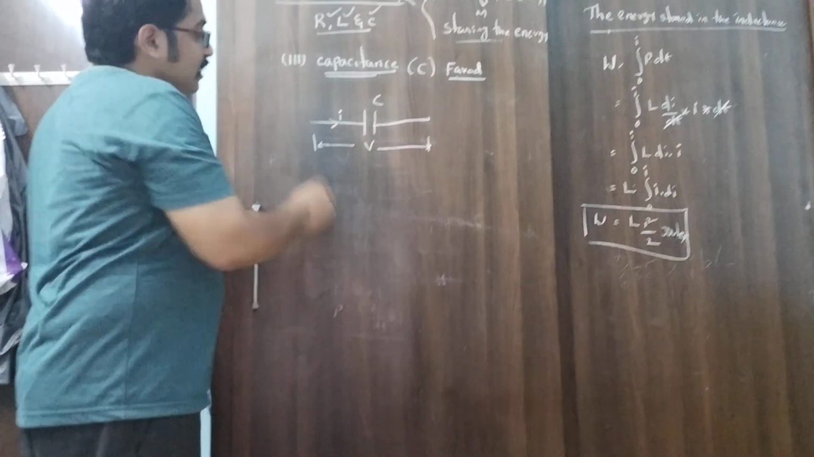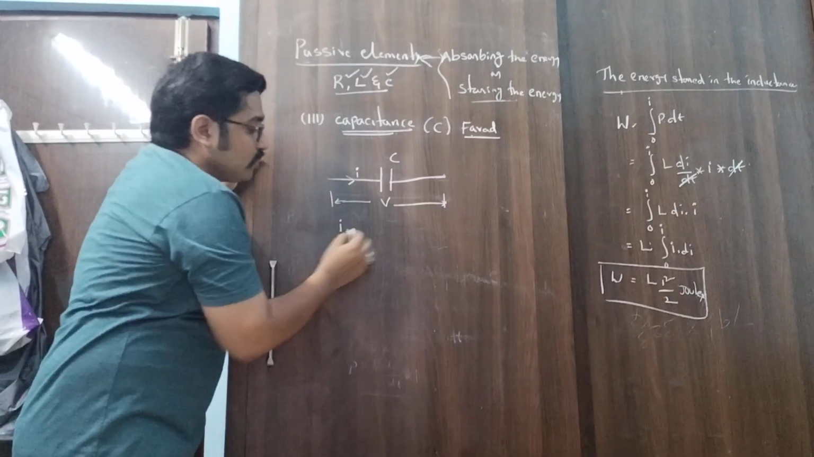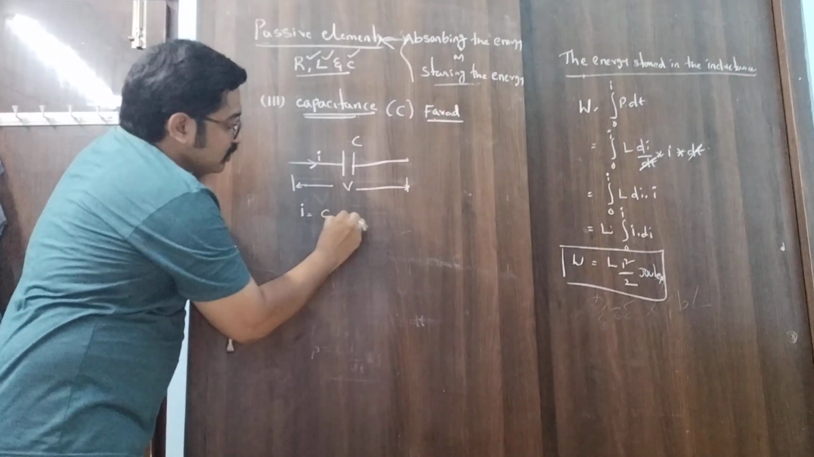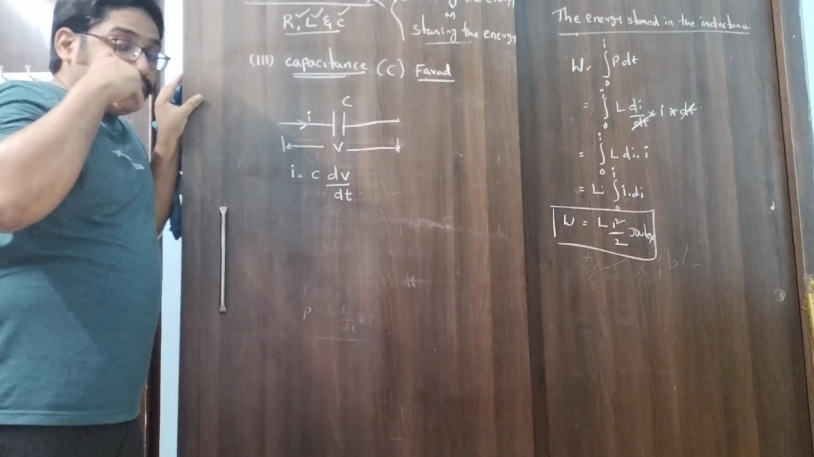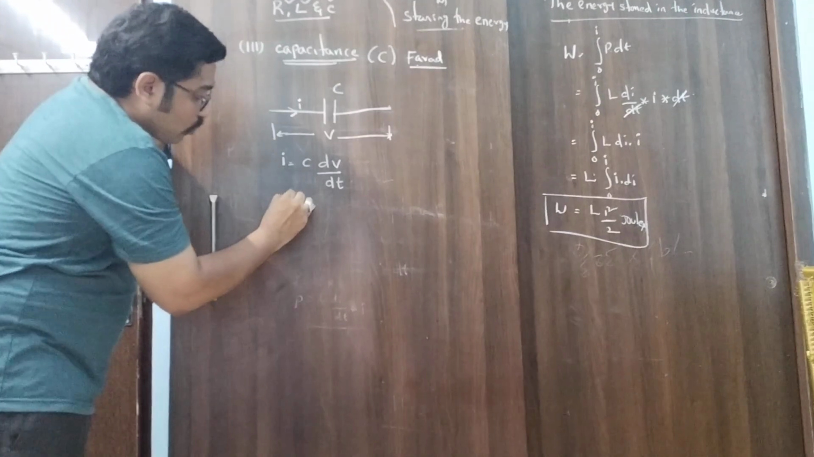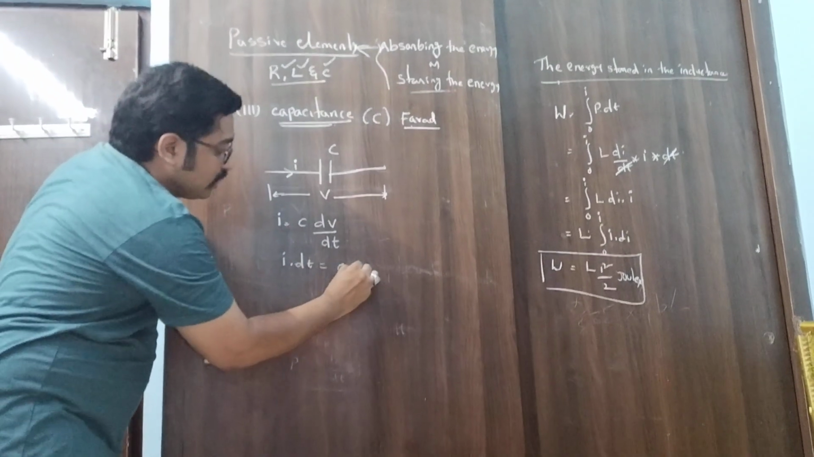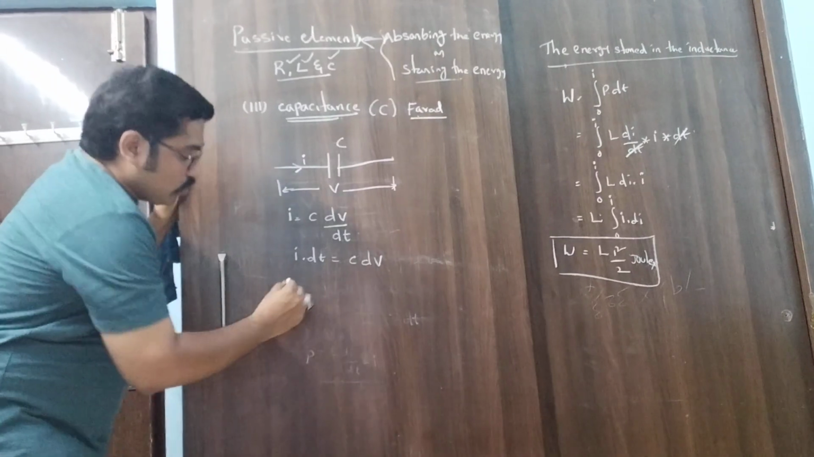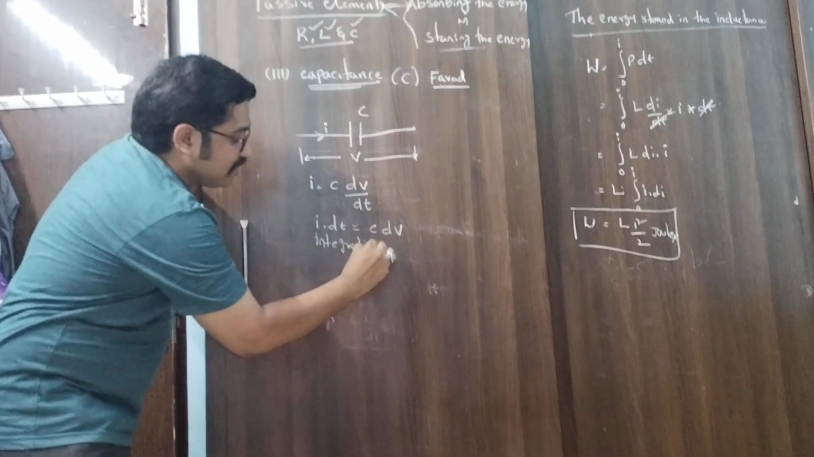Now, what is the current flowing through the capacitance? I is equal to C into dV divided by dt. If you take the dt to the left-hand side, I into dt is equal to C into dV. So if you integrate the above equation on both sides,